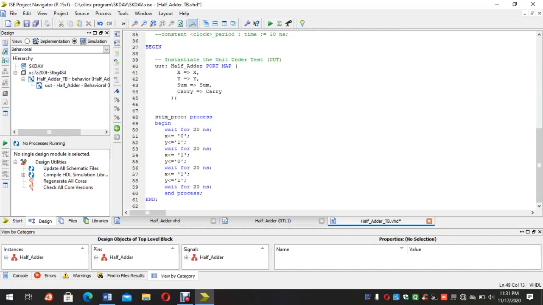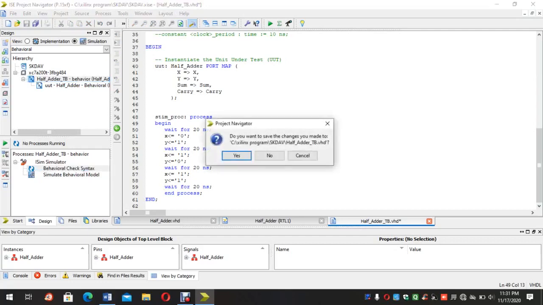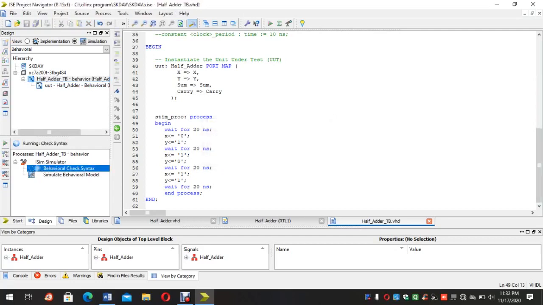For this program also we have to check the syntax first. So click on HAPADDR TB, then Behavioral, Check Syntax. See here a green tick, that means there is no error.